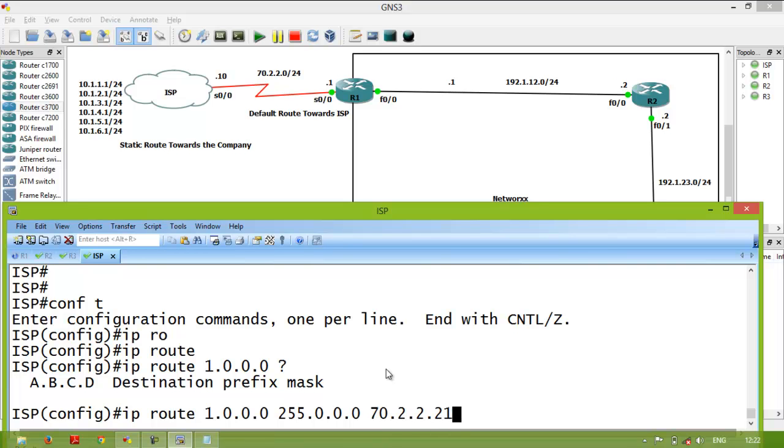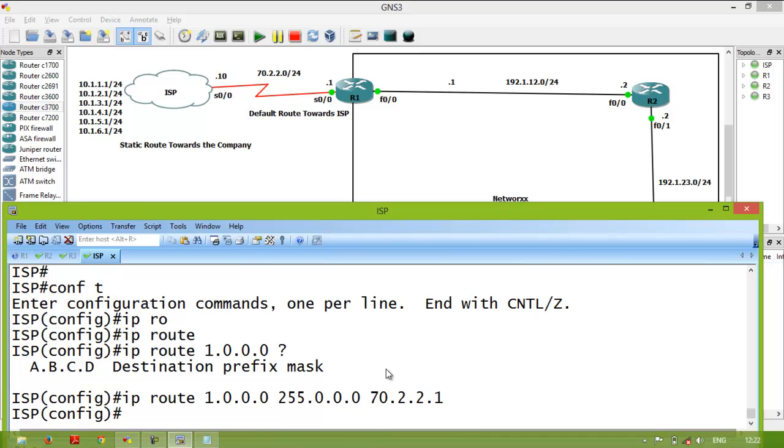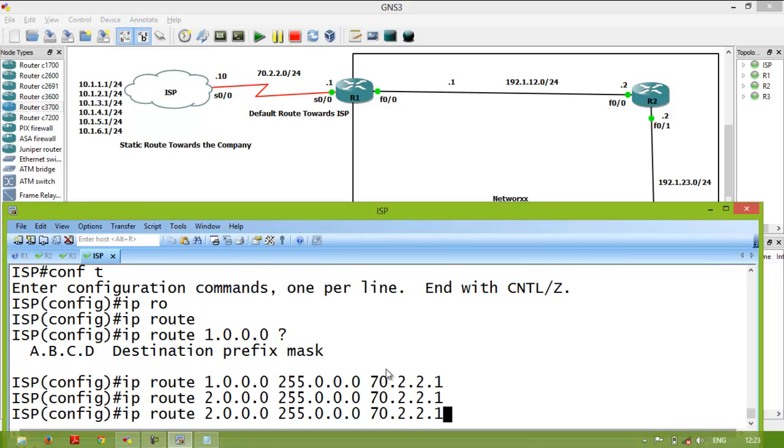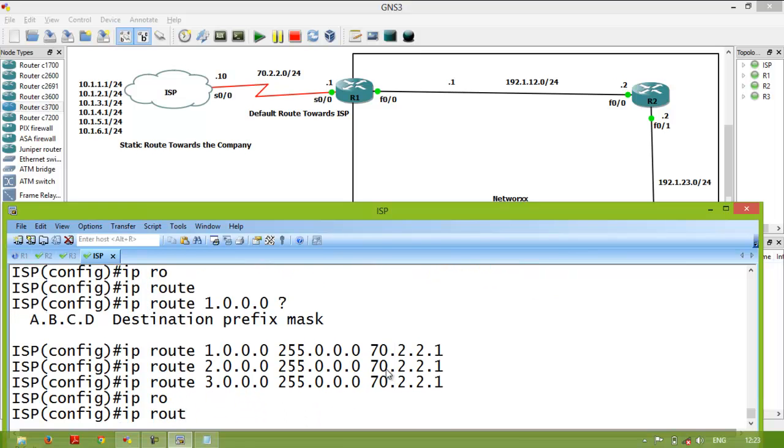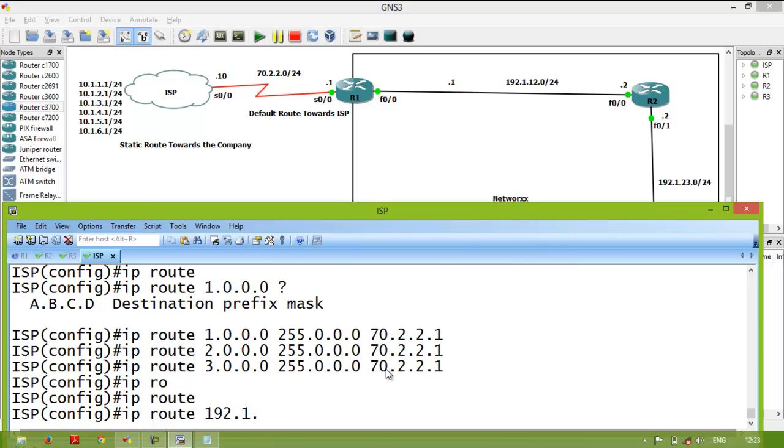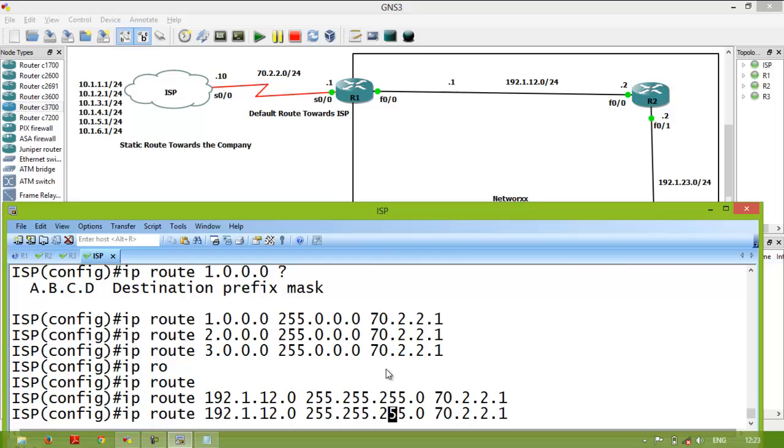Exactly. 2.21. Sorry, no, 1. Okay, that is 1. Got it? Everyone who needs to go to these networks will use that as the next stop, 2.0. So all the 3 routers you're doing it. So IP route to reach 192.1.12.0 255.255.255.0, next stop will be 70.2.2.1. And even for